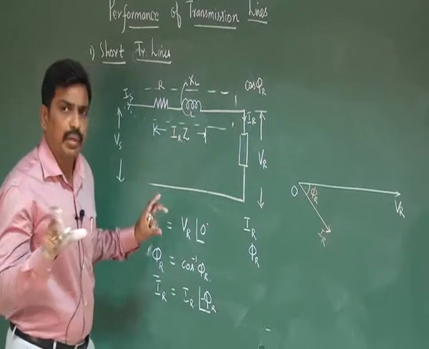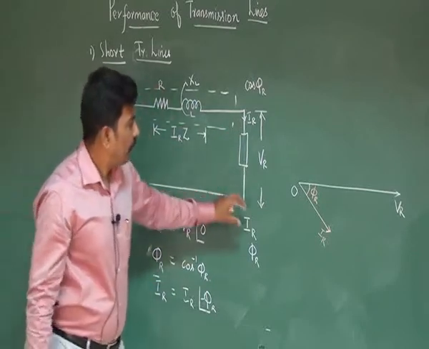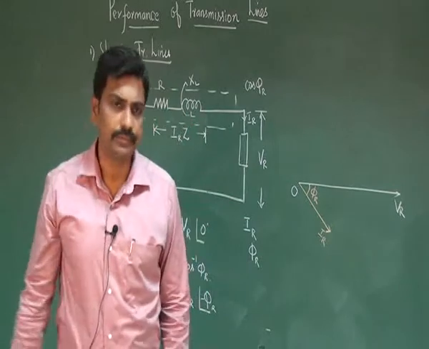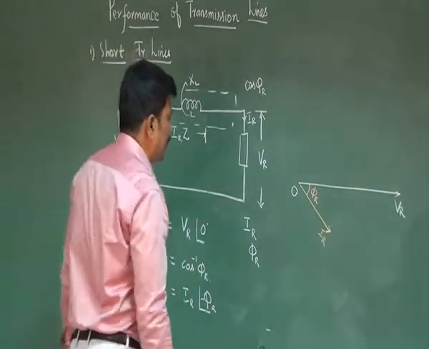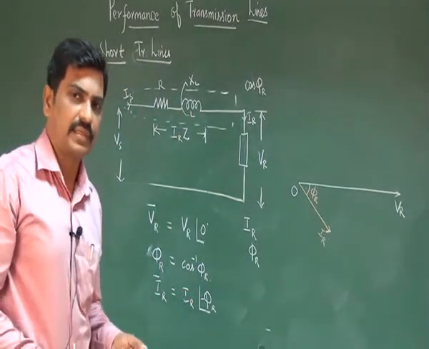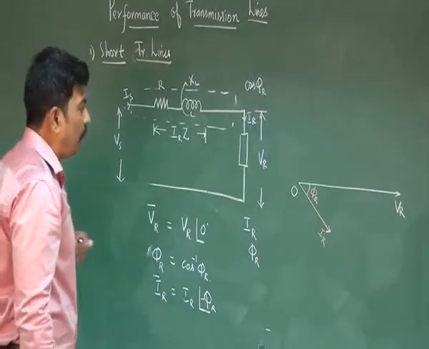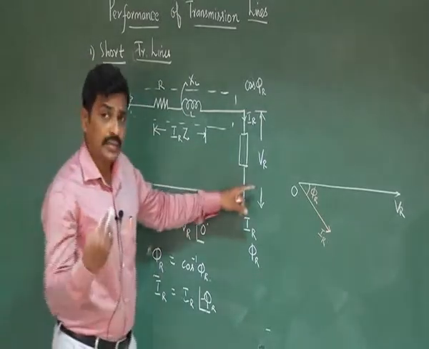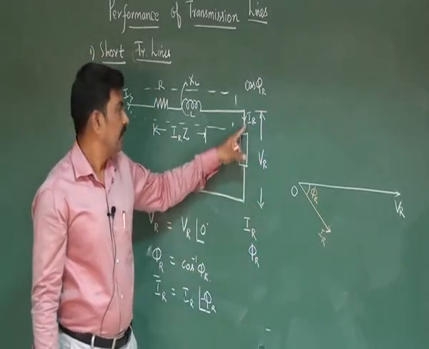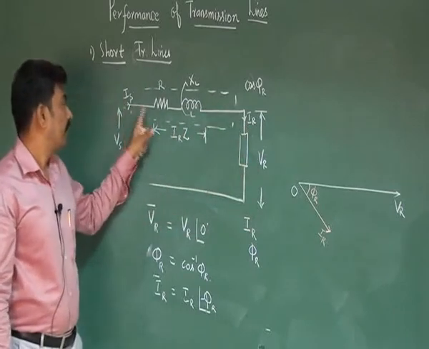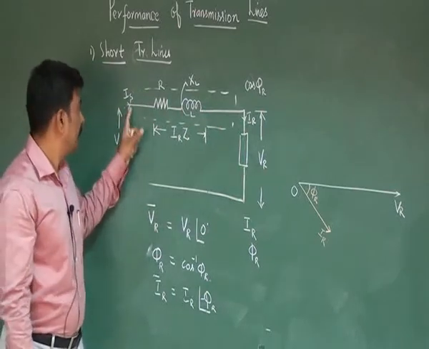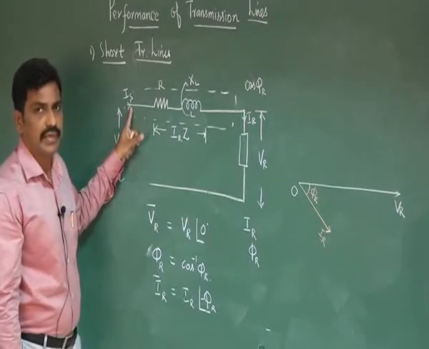Now for this simple short transmission line, we have plotted two vectors. Those two vectors are from the receiving end, VR and IR. After plotting those two vectors, we need to construct the vectors for VS and IS. Right. Now how do you draw the next vector? I said already, start from right to left. We have plotted vector VR, we have plotted vector for IR, and we need to plot the vector for IS. Then finally we need to plot the vector for VS.